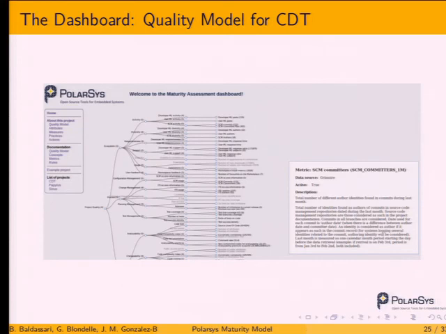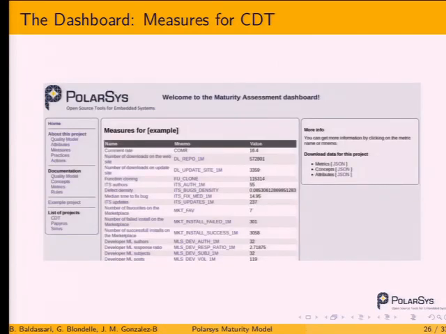This is the quality model that we have already seen, but trust me, there are some numbers here. We can already attach numbers to the different metrics, and we can have the measurement concepts here, and then the quality attributes here with a notation on it. Every time you need some information about a specific concept, you just have to click on the node and you will have the description of the metric, attribute, concept, and so on.